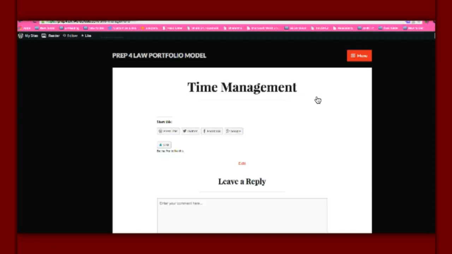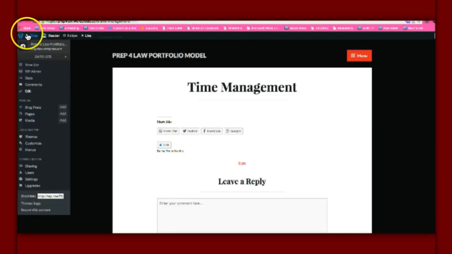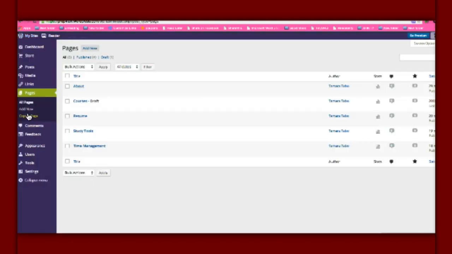So what I would like you to do now is go back to Pages under the My Sites drop-down menu. And if you recall, in addition to About and Resume and Study Tools and Time Management, we had started to work on the Courses page. So if we go back to Courses,